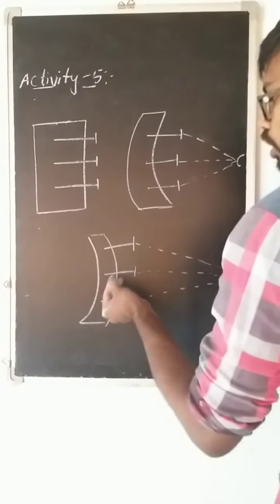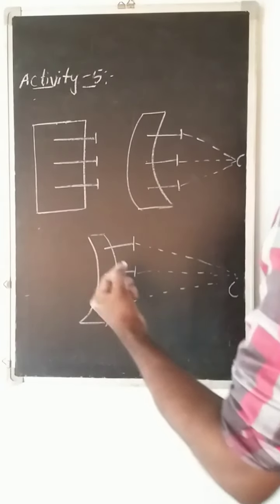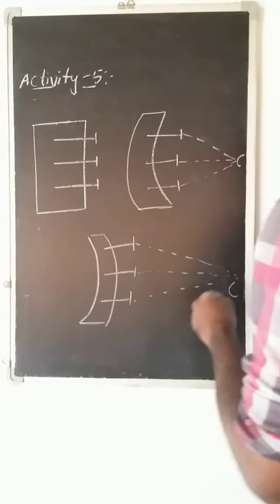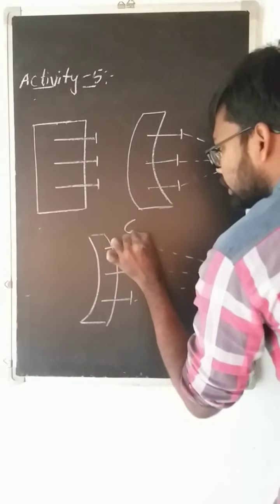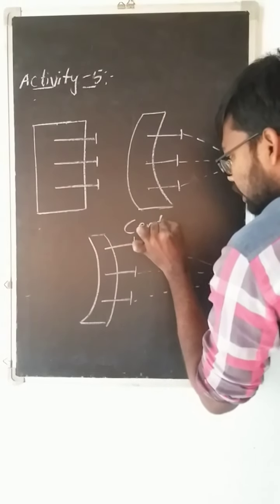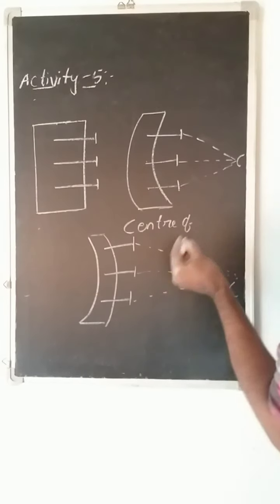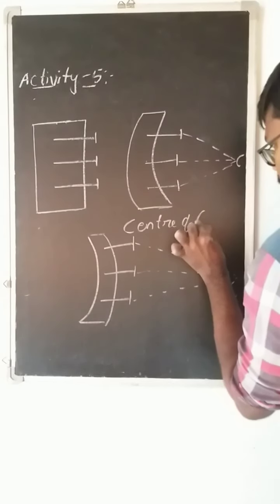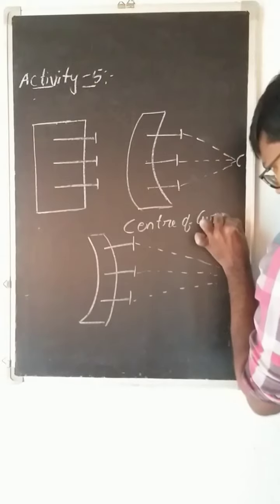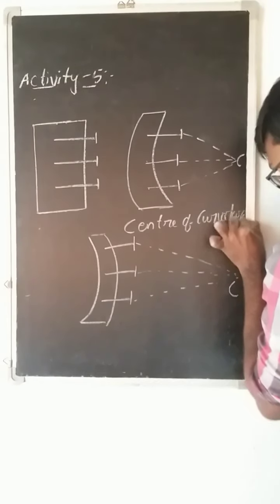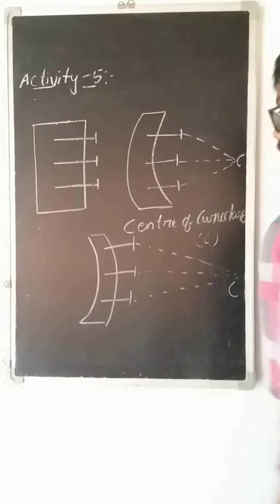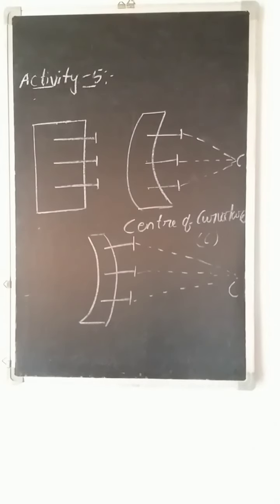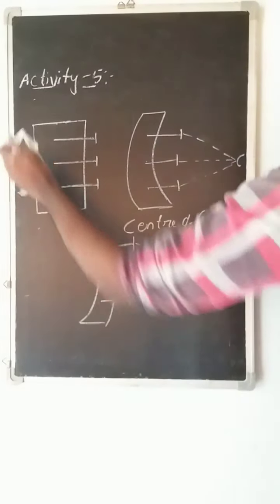When the reflected normal rays meet at the center of the mirror, that point is known as the center of curvature C. Now, if we consider a geometrical representation of spherical mirrors,